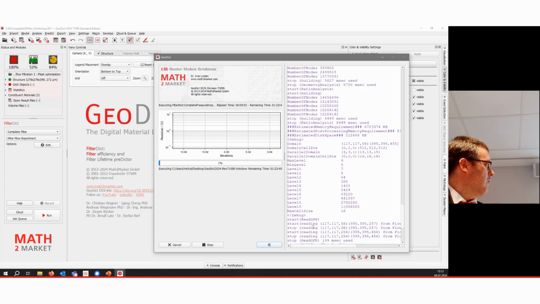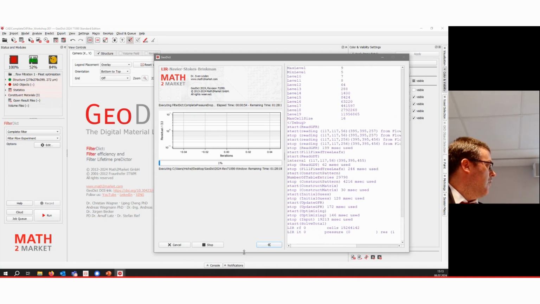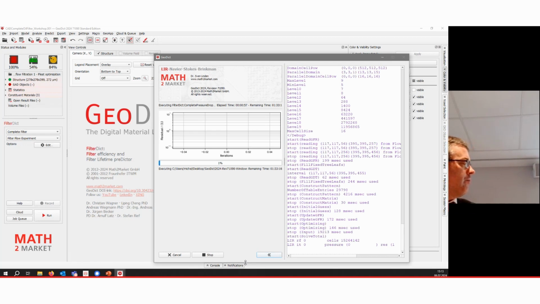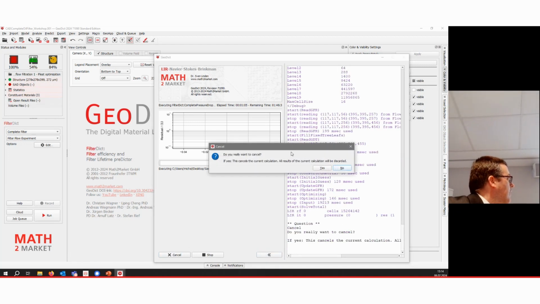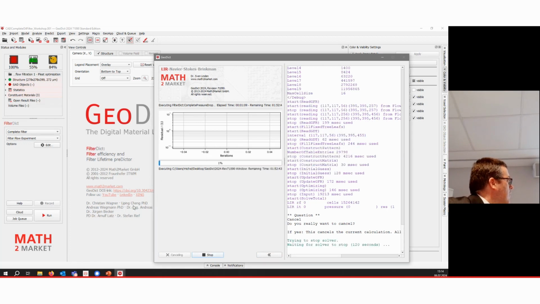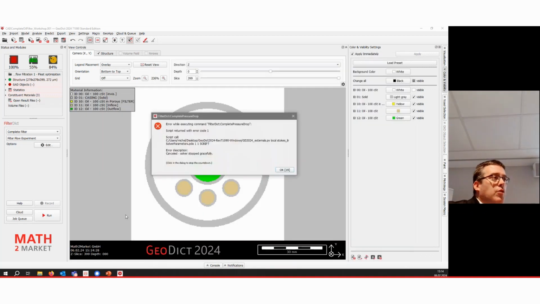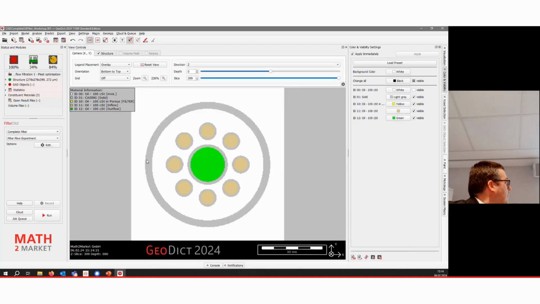That should be faster. So what I also wanted to show you then is the scripting. I just can cancel that. I don't need that. Okay. So as you can see, importing the CAD data, analyzing a bit of the structure, and setting up the flow simulation was quite fast. The longest part here is obviously to run the simulation. Yeah, I cancel that. That's fine.